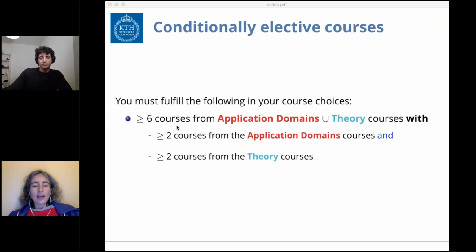elective courses. And you have to take at least 2 courses from the grouping of application domain and 2 from the theory courses. And then you have to take at least 6 courses from the union of these. So potentially, if you're more into the theory side, you can pick more theory courses. Whereas if you're into more applying machine learning to different problems, then you can take more courses in the application